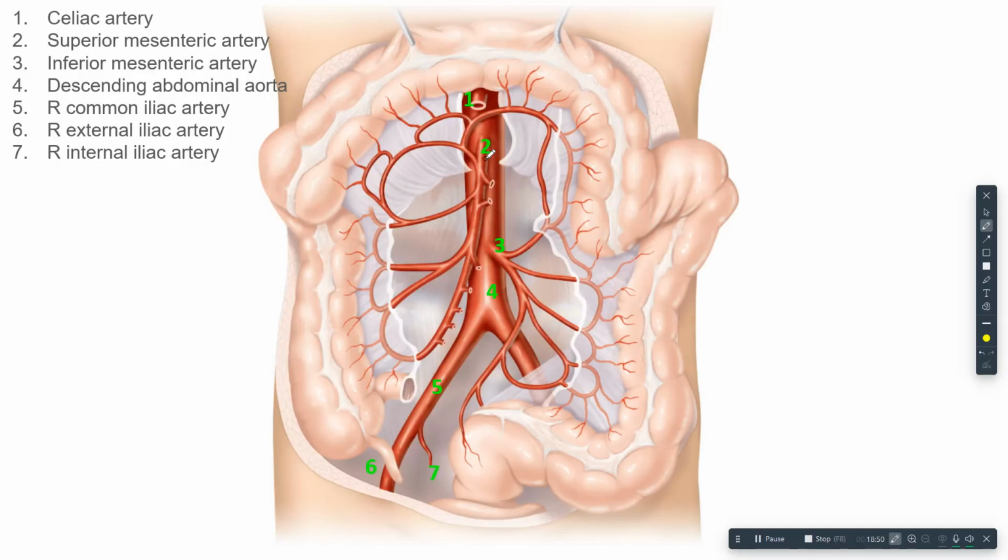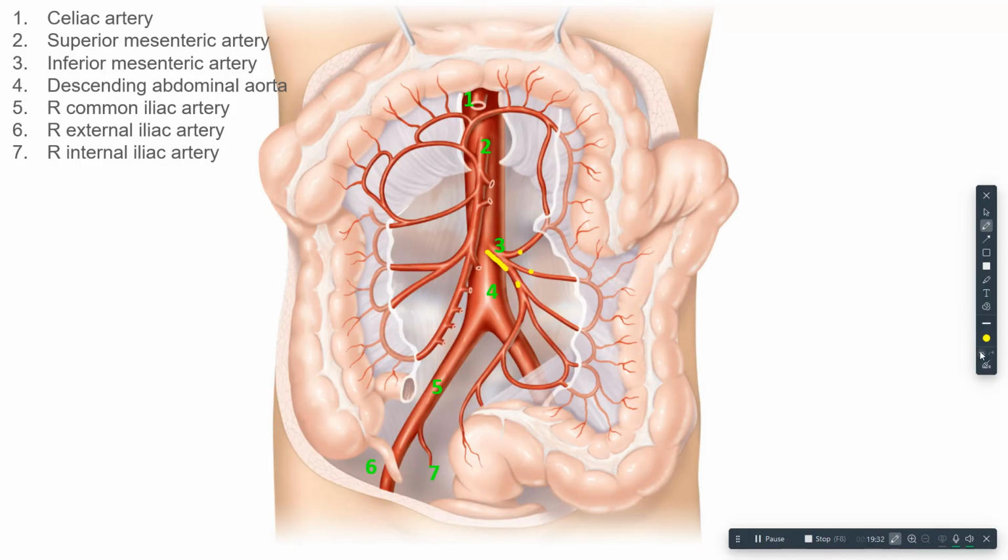I do see my second branch. That is my superior mesenteric, and I see many of his looping branches. He is going mainly to the small intestine, SMA, right? But also a little bit to the large. Anyhow, if there is a superior mesenteric, then you shall not be surprised that there is also an inferior mesenteric artery, which I see right down here, and then I see some of his branches. If the superior goes to the small intestine primarily, then it's going to totally make sense that the inferior goes